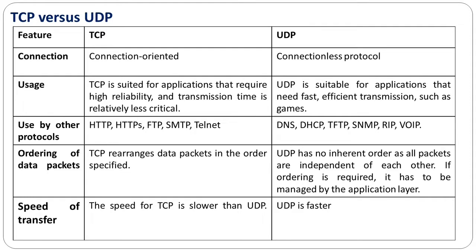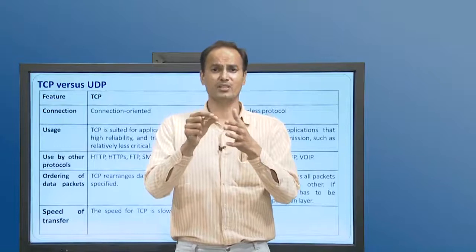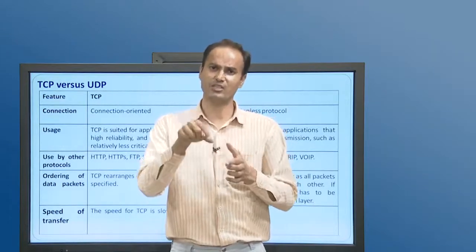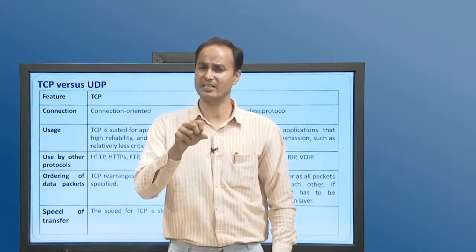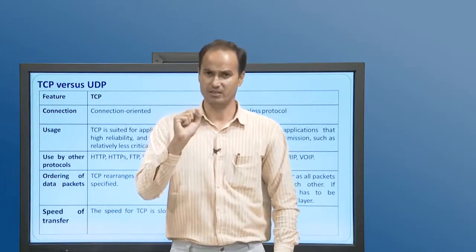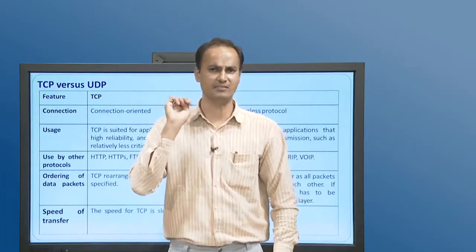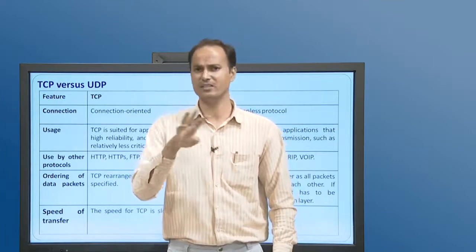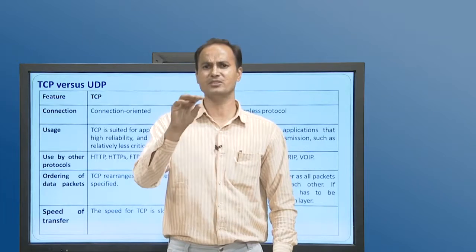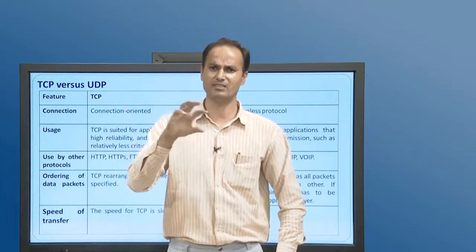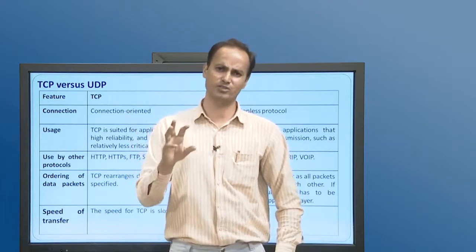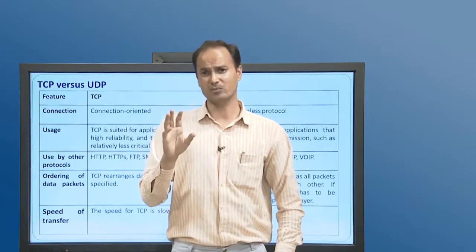Now, ordering of packets, or ordering of data. The data sent from client to server or server to client must be in the same order it has been sent. That is ensured in TCP, as it is connection oriented and it has a sequence number which continuously checks the order of the packets it is receiving and sending. In UDP, the data is sent in packets, and packets are not required to maintain such a sequence. So ordering of packets is not maintained in UDP.